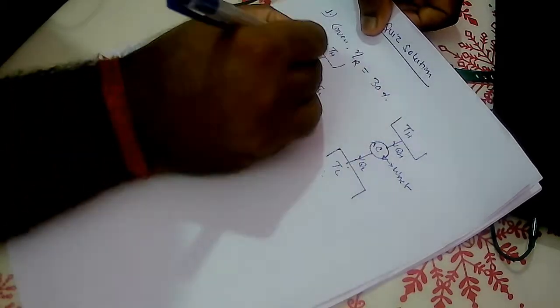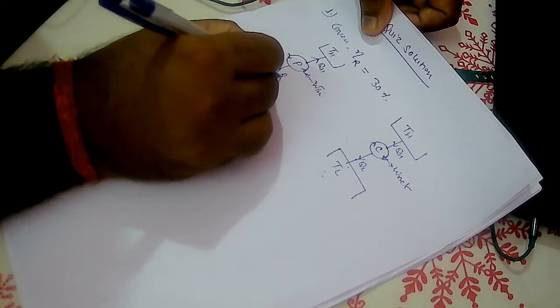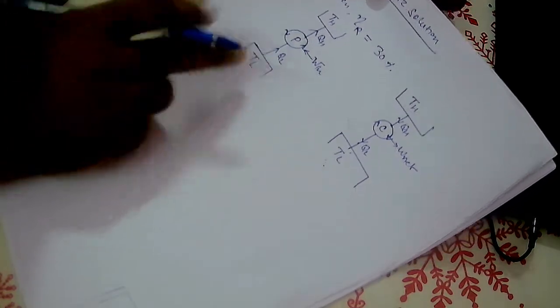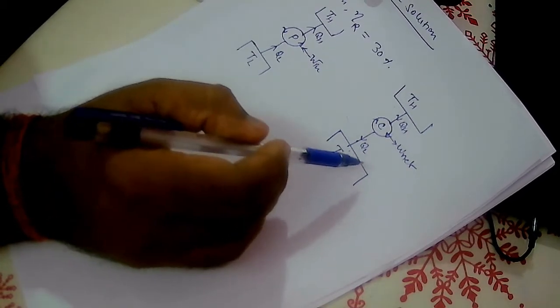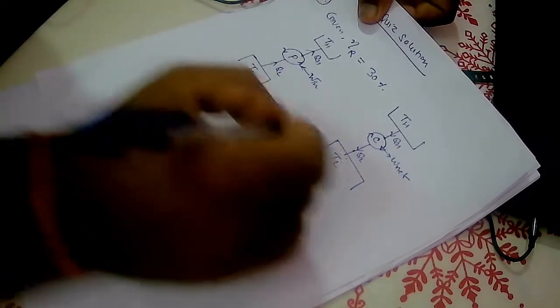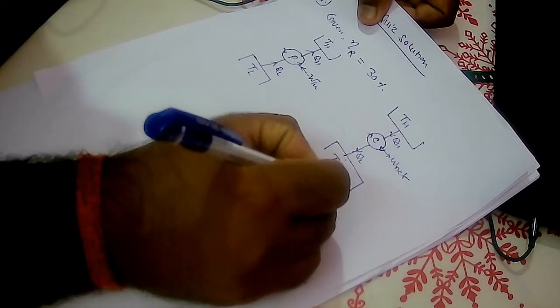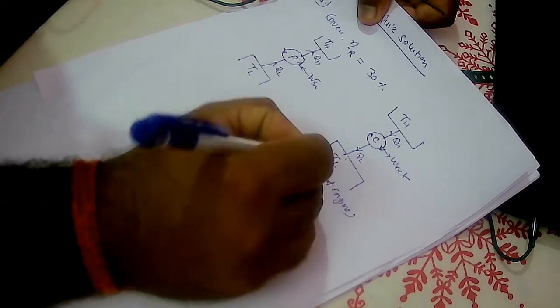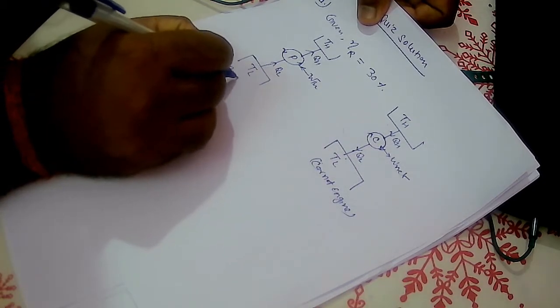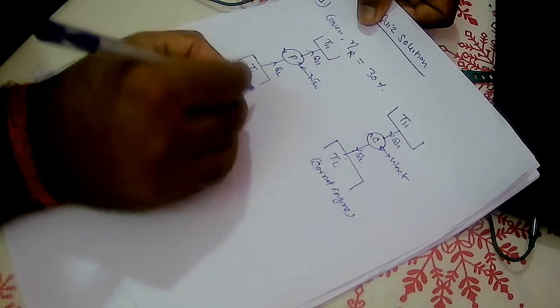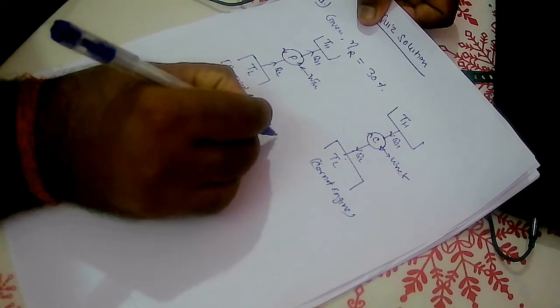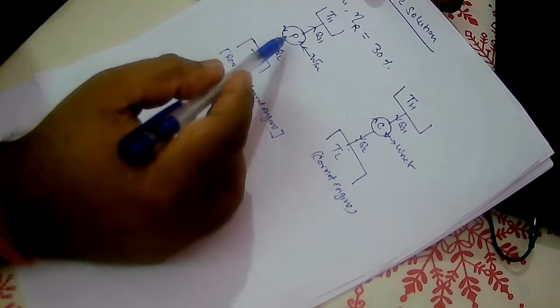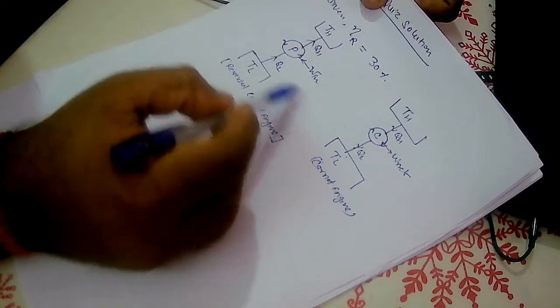Now the directions are reversed. Heat QH is going to the TH and QL is taken from the TL. Look at this direction: earlier the direction was like this. So this is the Carnot cycle, and this is the reversed Carnot cycle. I can say this is the Carnot engine, and this is known as the reversed Carnot engine. As the direction of heat transfer got reversed, it requires work input.